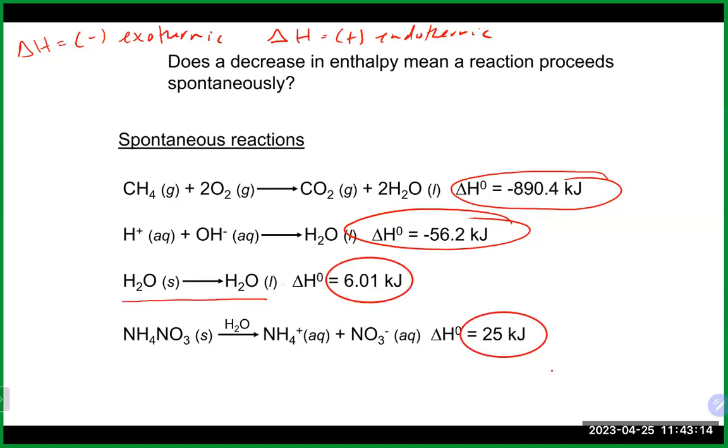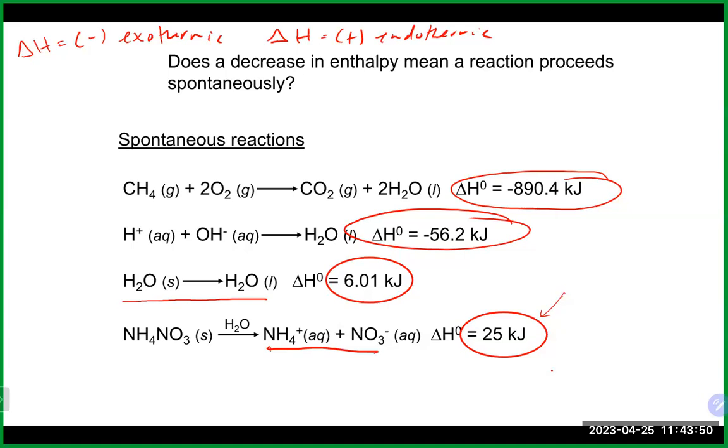We also see some processes that are more endothermic. If we take some ice, it will start to melt spontaneously into liquid water. If you take an ice cube out of the freezer and just leave it outside, it will pick up heat from the surroundings and start to melt. That's an endothermic process. That's the heat of fusion that we see there, 6.01 kilojoules per mole. The process of dissolving something like ammonium nitrate to make an ammonium nitrate solution is also